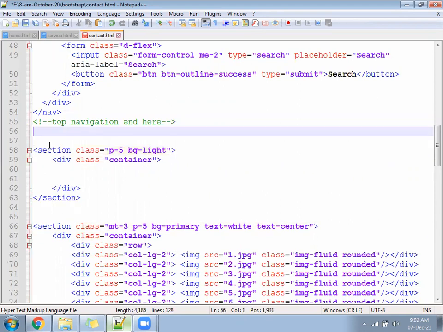Modify the section tag, and let me know.